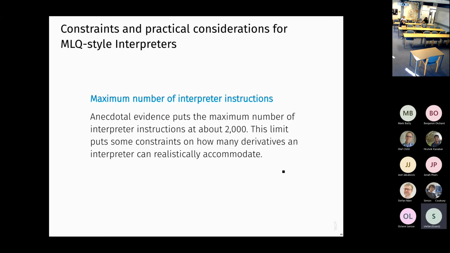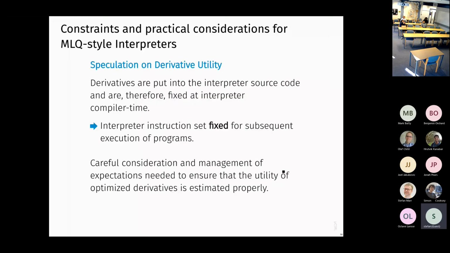And the second part, and I find that is also something that usually is hard to understand for students, is that you have to speculate on derivative utility. So what this means is that derivatives are these optimized instructions that we build into the interpreter when we compile it. So the instruction set is basically fixed for all the programs you execute with this optimized interpreter. And what this means is, like,